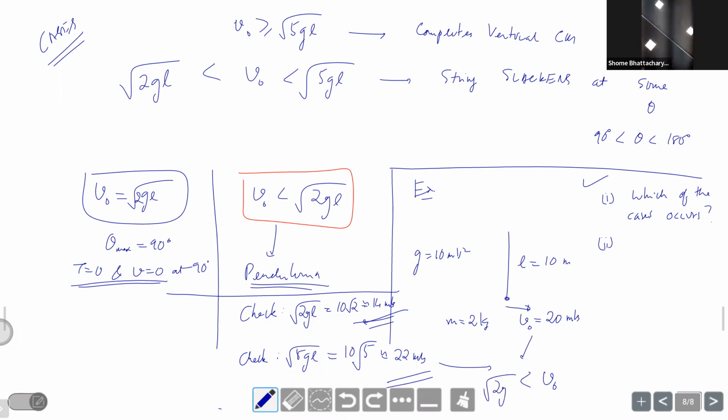Mass doesn't play any role here. But for example, if I ask you how much impulse has to be applied for 20 meters per second, impulse is change in momentum. So for 20 meters per second, I need to apply an impulse of 40 kilogram meter per second. So that's where mass matters. A heavier particle, to give it that 20 meters per second, I have to apply more impulse. But in terms of the kinematics, it looks funny. So now we know from this that the string will slacken.